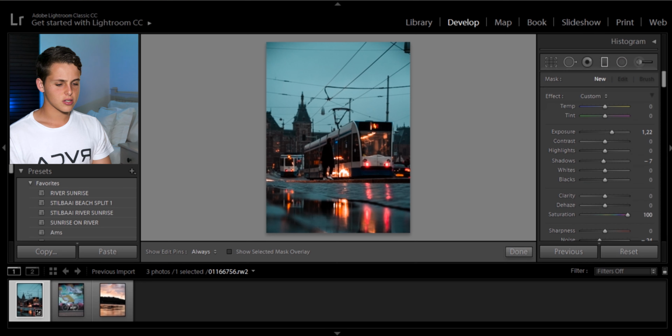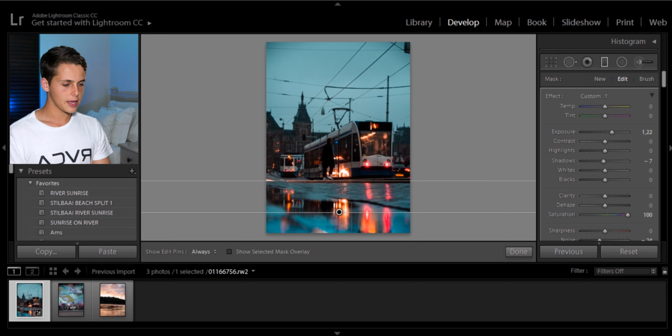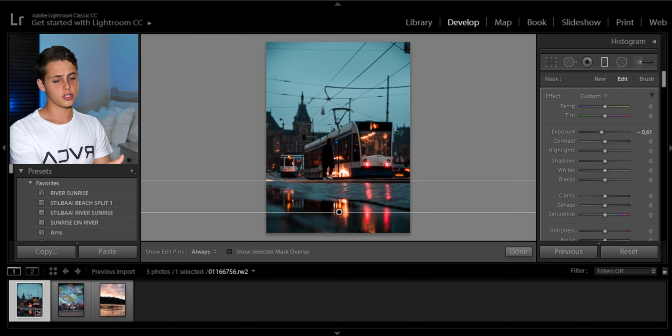I think it just looks a little bit better, so I'm going to drag one up from the floor in line with the curb on the road, and just extend that down a little bit here at the bottom, just to make it slightly different there. Then what I'm going to do for this graduated filter is bring down the exposure a little bit so the road is quite dark at the bottom and gets brighter as it goes up, which helps draw attention to the main subject, which is the train and the